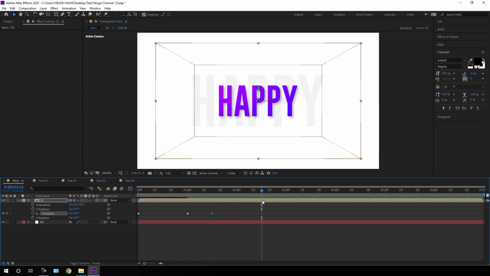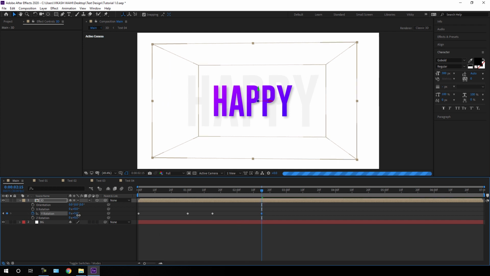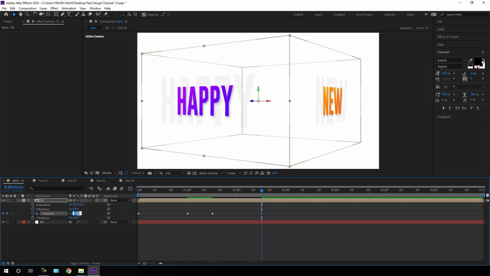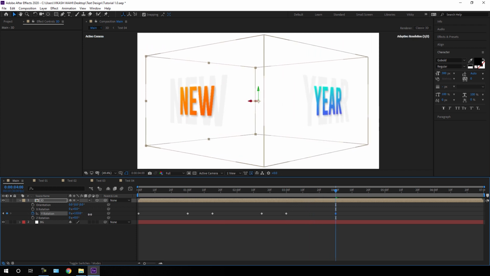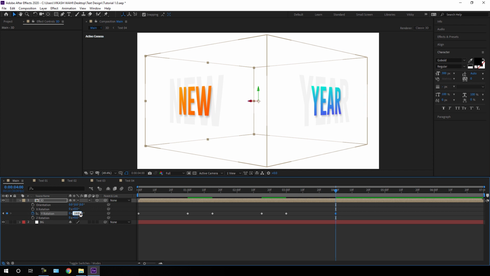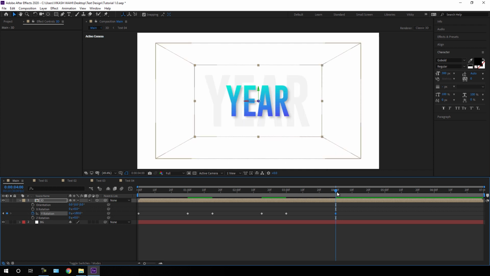over here, maybe 2 seconds and 15 frames, and let's rotate this and set this value to something around 90°, and set the second text on the screen, hold it for half a second by adding a keyframe, go 1 second forward in time, rotate it by 180°, and set the third one on the screen, hold it for half a second. So go 15 frames forward in time, add a keyframe and lock this position as it is, go 1 second forward in time